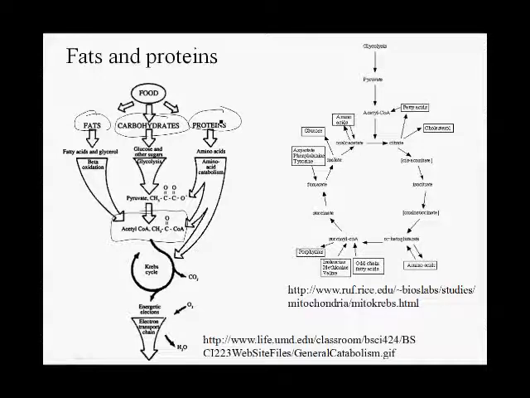Proteins are broken down into individual amino acids, so the peptide bonds are broken to release individual amino acids. Depending on their side chains, some amino acids are converted to pyruvate, other amino acids are converted to acetyl-CoA, and other amino acids are converted to various intermediates in the Krebs cycle. If you're really curious and really want to know how various of the 20 amino acids are broken down or converted into these intermediates, this diagram here tells you